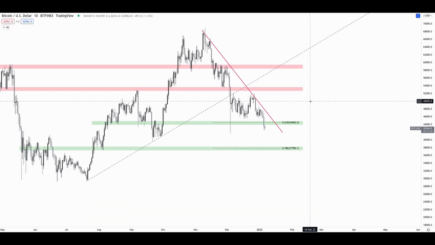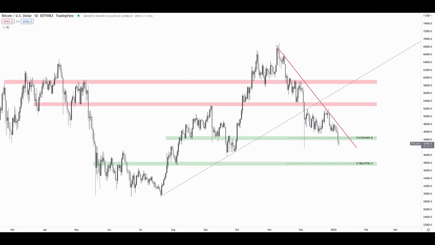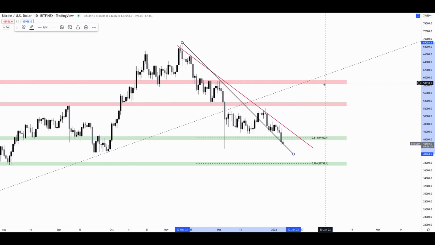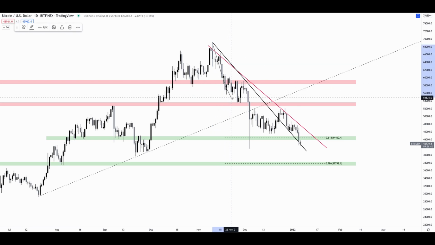And so another thing I want to mention for Bitcoin's daily chart is basically you see this descending trend line here. Now, I've seen a lot of people sort of connect the wicks over here, right, the tails over here, and say, oh, look, referring to this black line over here. I've seen a lot of people say, oh, look, if you take a look at what happened here, it actually broke out of this descending trend line and is just retesting this trend line as a form of support, right? As a form of a pullback. But obviously that isn't really the case.